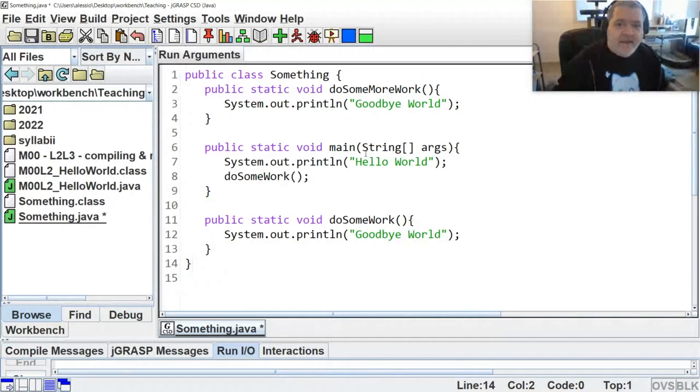That doesn't matter. And now, to show you again that order doesn't matter, I'm going to say when the main executes, the first thing I want to do is System.out.println hello world. Then I want to call the method, so name of a method followed by a pair of parentheses. That means call that method. I want to call the method doSomeWork. So it's going to execute everything I wrote inside the method doSomeWork. And then after that,